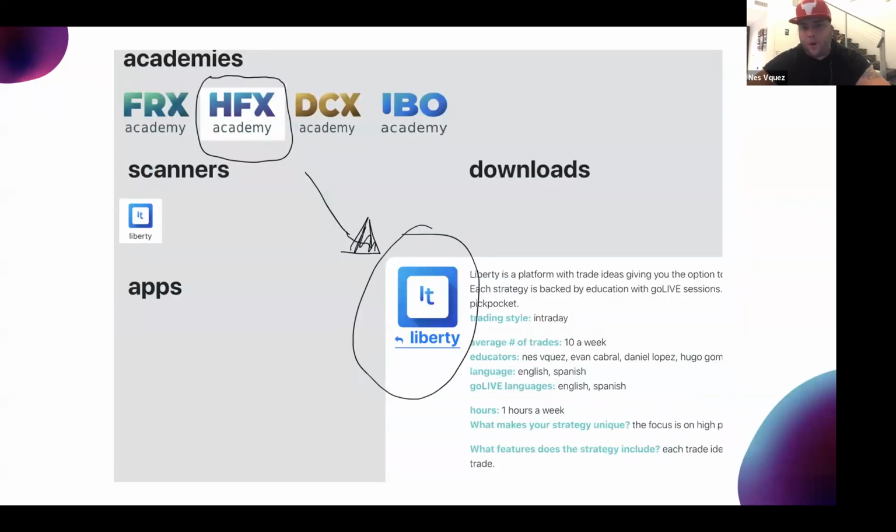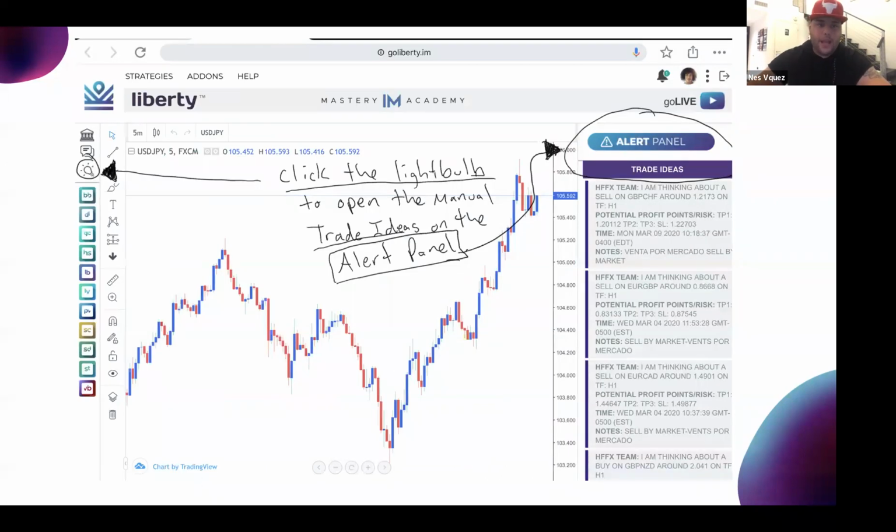So by default, when you get HFX, you get the Liberty Strategy software. And on the Liberty Strategy software, you will see that there's a light bulb over here to the left-hand side. And this is where all the alert panels are, this is where the trade ideas pop up in the alert panels. So these are the manual trade signals that are being handed out by our team of